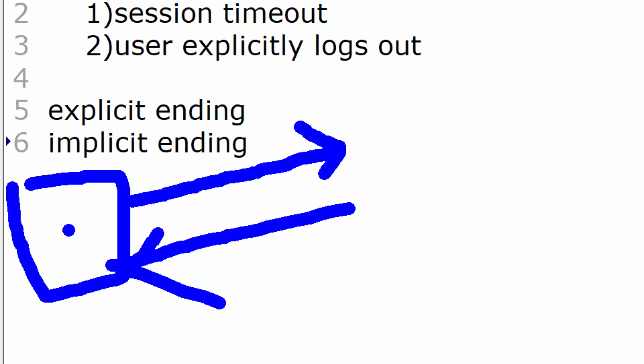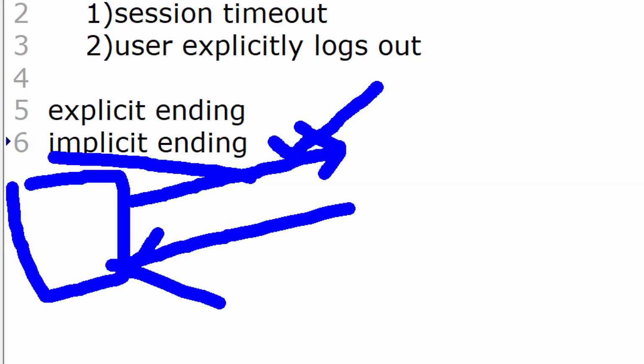For a busy website, sometimes they will not allow even more than 3 minutes, if more users are there. So tell me, after the user logged into the site, he did not interact with the website for some time, then what will happen? The container automatically, forcibly logs the user out. It is implicit ending. This is called session expiry or session timeout.